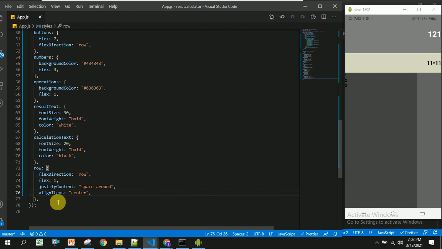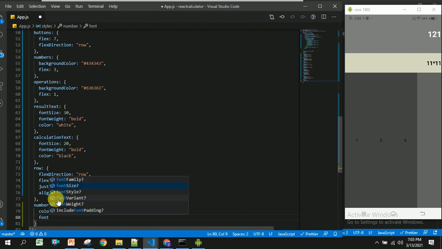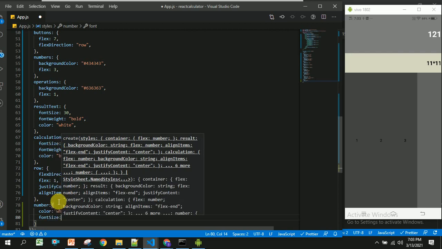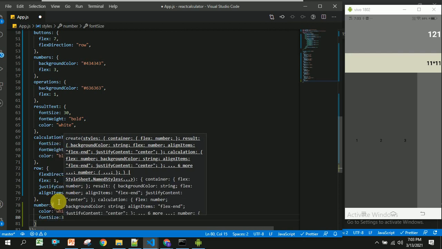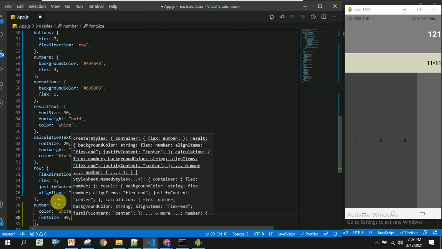Now I am going to take number, and to this number I am going to give color as white and font size will be something like 30. Let us save this.